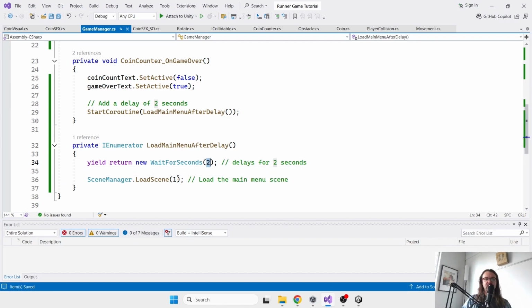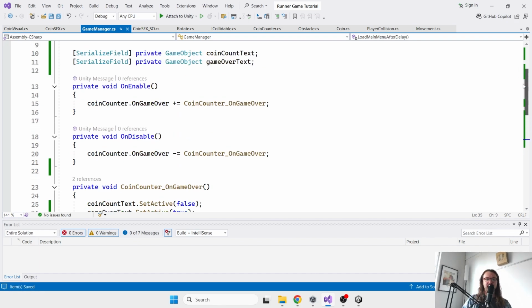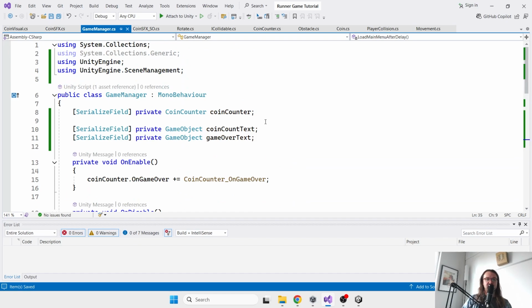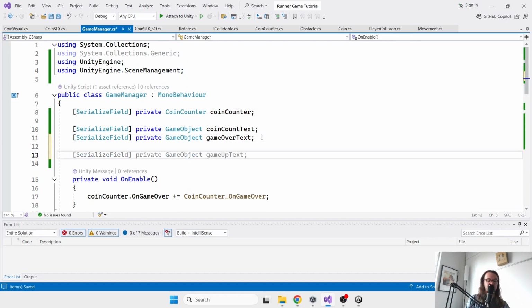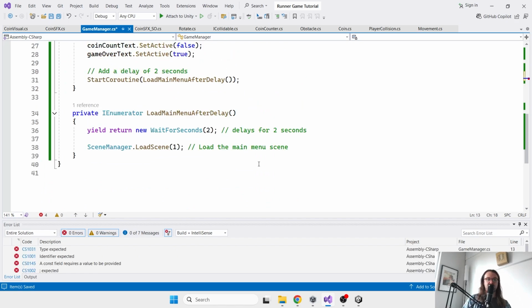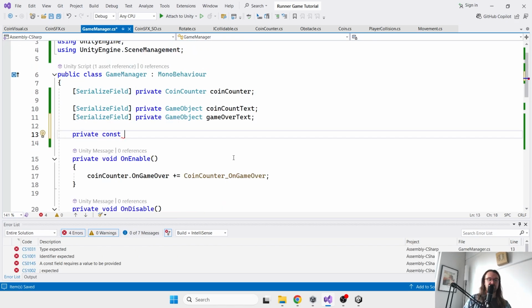Let's actually take these 2 numbers out, and we'll put them at the very top, and we'll make them constants. So to make a number a constant, there are some official ways to do it. I could write private const, and take this 2 second delay. I could say float, and then usually a variable for a constant you put in all caps. I'll say END_GAME_DELAY, and then here you have to actually set the number unless you have a constructor,